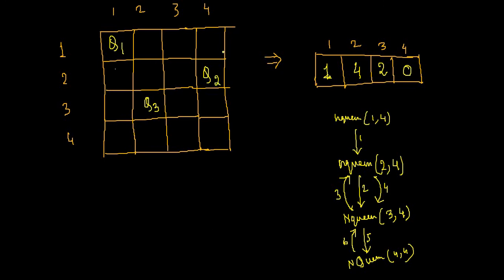Anyway, so that means the king will return back to queen 3, and it will try to find some other safe columns where the king can keep queen 3. But you see, for other values of j from 3 to 4, there is no place where queen 3 has no collision with queen 1 and queen 2. That means the king cannot continue with queen 3 for placing other positions. Rather, the for loop for queen 3, 4 will break.